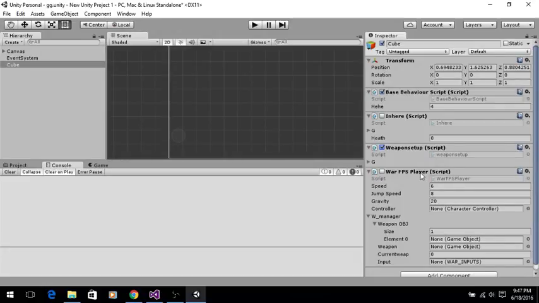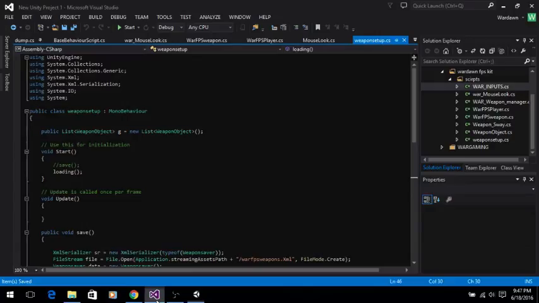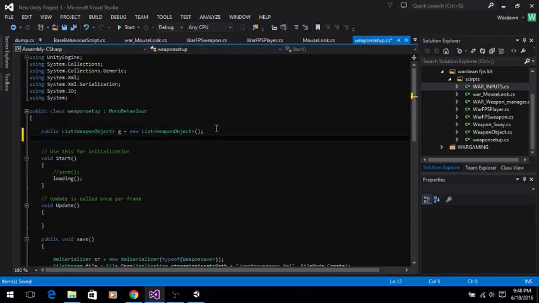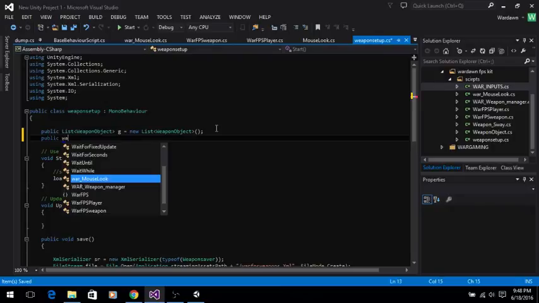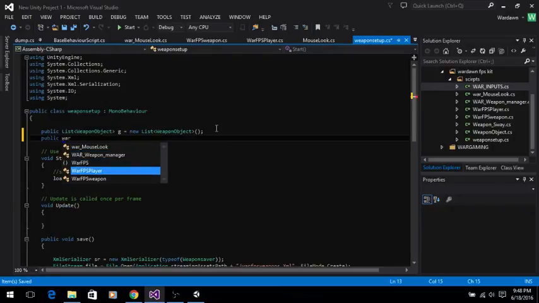Oh, okay. We'll do it with the FPS weapon thing. That's fine. What was we gonna do? Take our weapon setup, punch in a variable for public or mouse player,